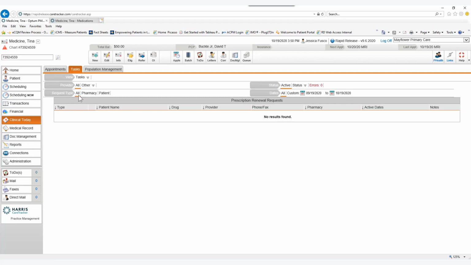I can also see if it's a pharmacy or a patient, because if you allow patients to send in requests from their patient portal, you would see patient requests as well. If they're active, or if there are any errors, you'll see something listed underneath the errors here. For your dates, you can have a custom date range as well. I'm going to go back in time a little for this because, again, we're in a training environment, so we might not have any. We might have already used them all. But let's see if I can